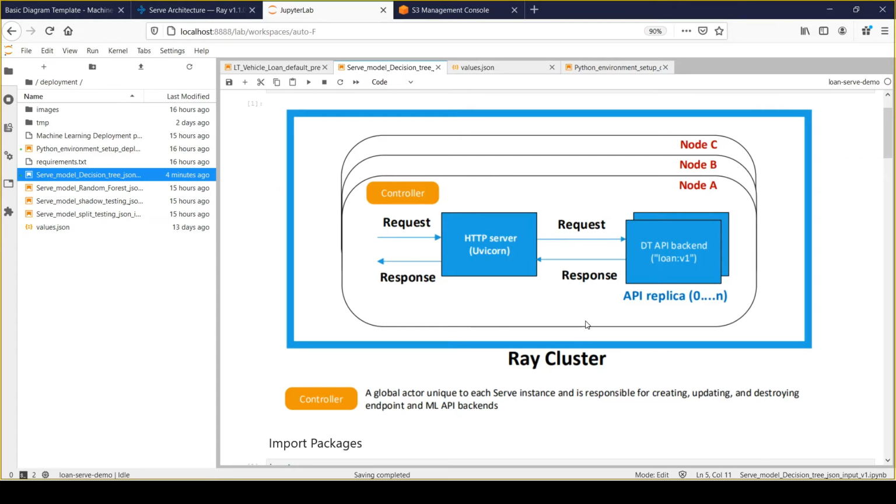At this time we are using the local machine as a Ray cluster. It will create a single node Ray cluster, and within it we would be deploying our machine learning API with the help of RayServe. But in practice, it could be within your AWS cloud, or within Azure or Google Cloud. Wherever you want to create that cluster, you can create it. RayServe provides functionality for launching a cloud cluster automatically.